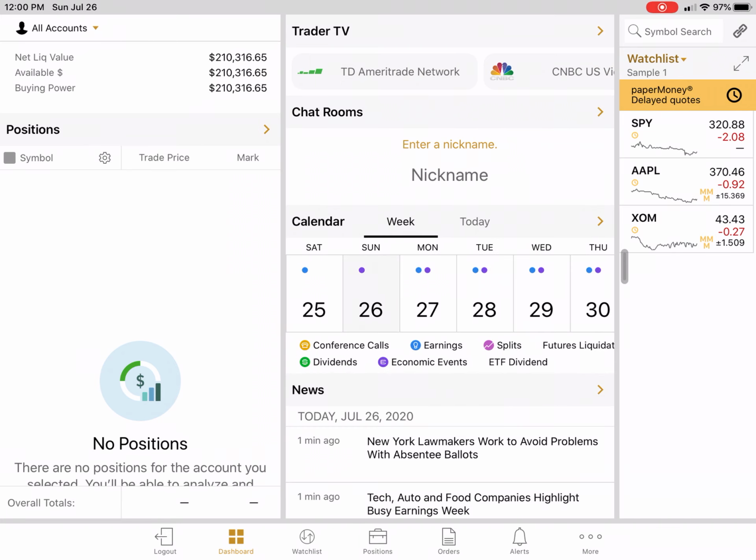On the right hand side you can see the paper money delayed quotes on the orange bar, and on the left hand side, all accounts. You could actually choose the real account or the paper money account. Now notice I have no positions. In fact, if I were to choose the bottom menu, in the middle it says positions, you will see that